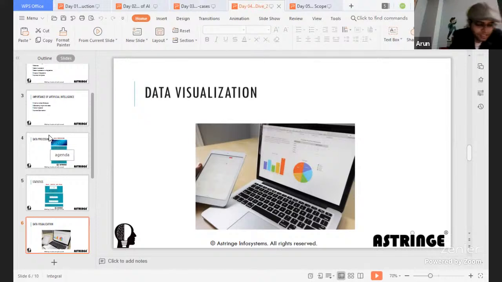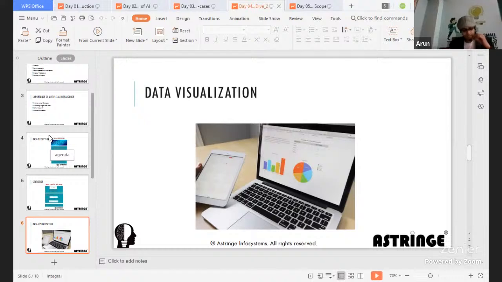So in the umbrella of AI or data science, one aspect is data visualization. Is data visualization alone enough to say that AI is responding properly? The answer is no, because in AI, data visualization is just one part of it. Data visualization alone will not be able to do any predictions, and it will not give you a lot of insights. It is ultimately the analysis of data that is going to be very helpful.